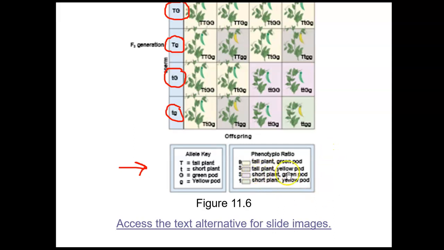And then the tall yellow, there's going to be 3 of them. Tall yellow, 1, 2, 3. So 3 are expected